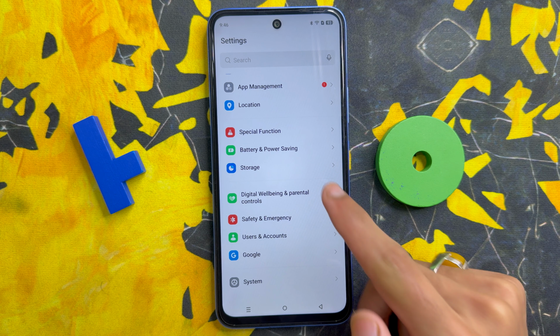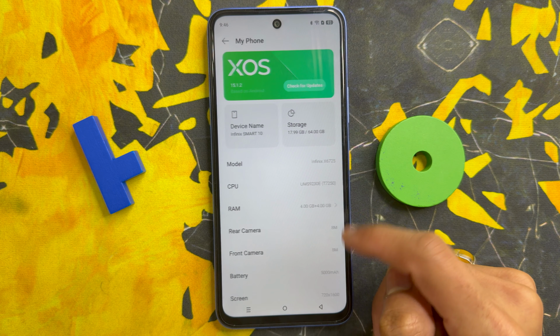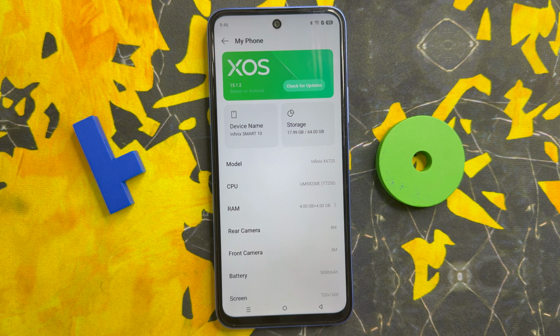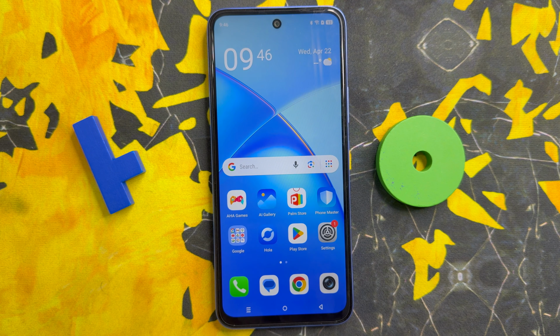Click on the Settings app, click on My Phone, and check whether your software is the latest. If it is not the latest, update your software. After updating the software, go back to the home screen. So that's how you can fix Twitter lag on